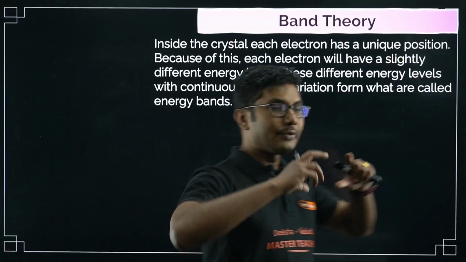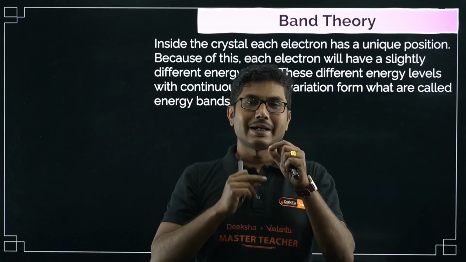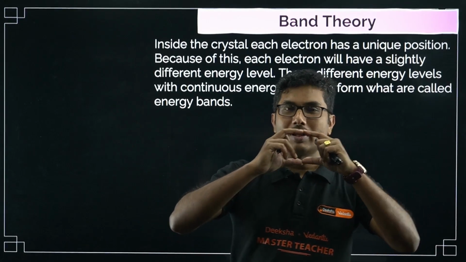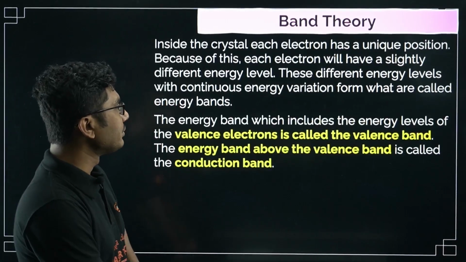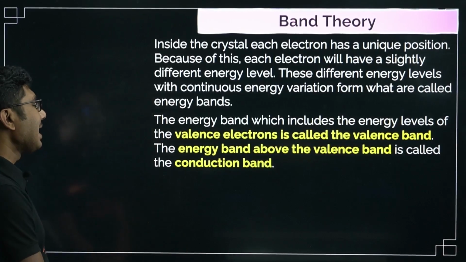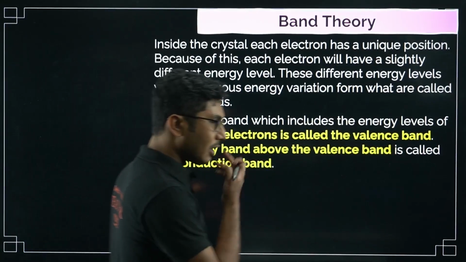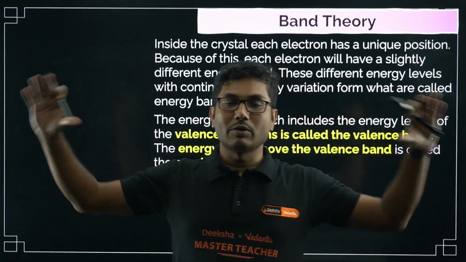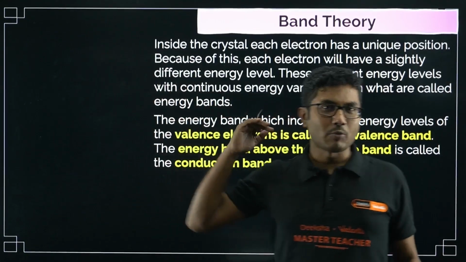So when we combine all the energies from all the electrons, they will vary in energy level. All the electrons in the same level combined together, we call them energy bands. The energy band which includes the energy levels of the valence electrons is called the valence band. The energy band above the valence band is called the conduction band. If you consider only the valence electrons, you combine all the energy levels, they stack together. One or more electrons can possess the same energy,